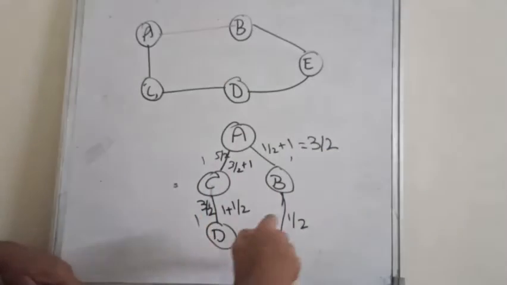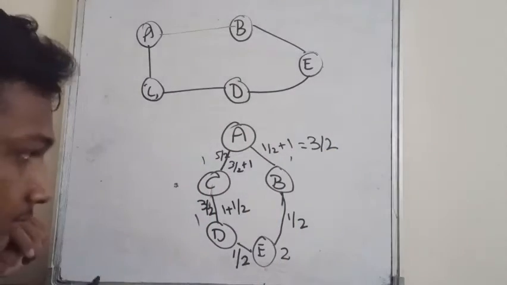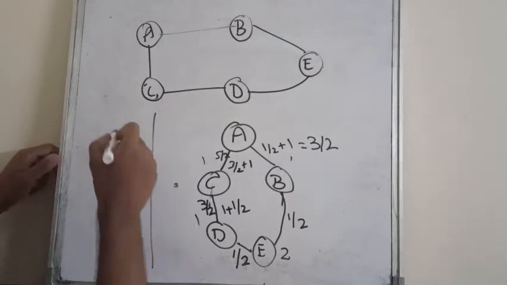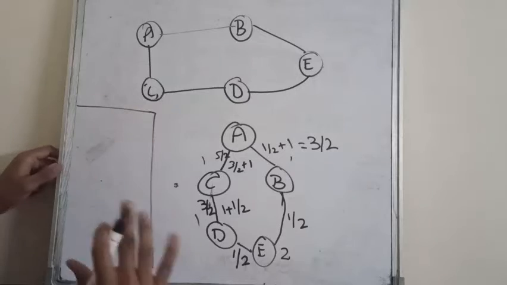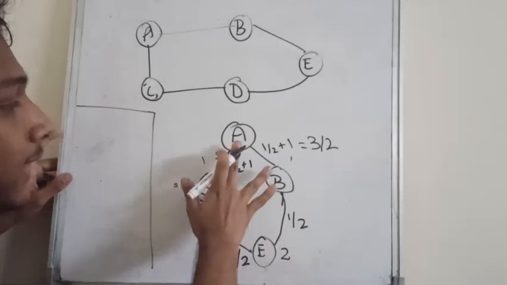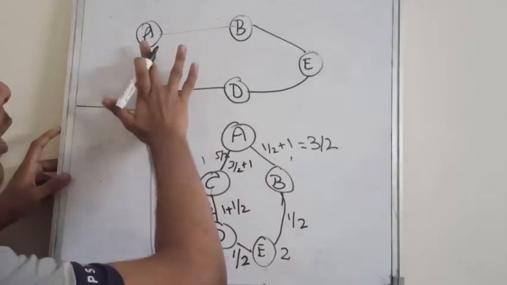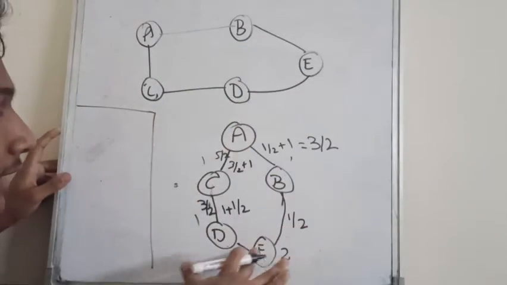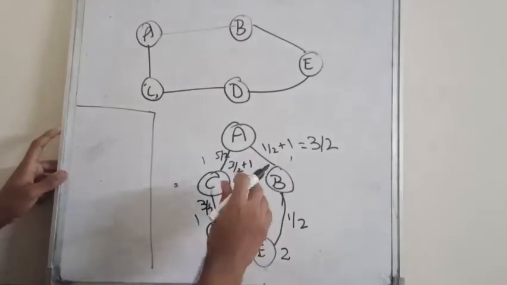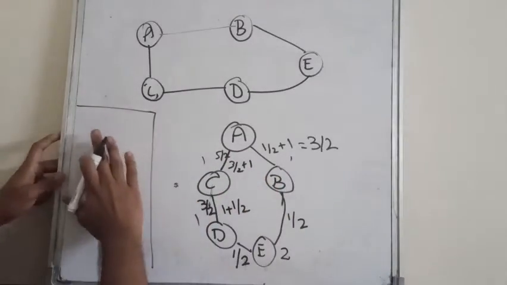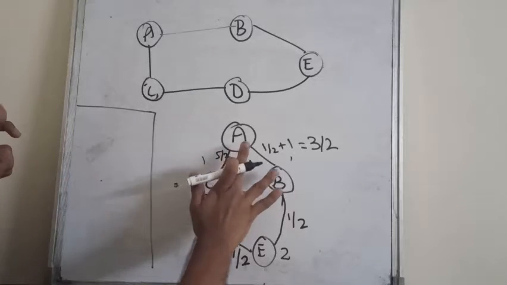Okay, so this is the graph with respect to A. Now what we have to do is take down the values. Basically, we have to find out the edge betweenness of AB with respect to all the particular nodes, just like we did here for A, and then add them all up. That is how our edge betweenness is found out for AB.